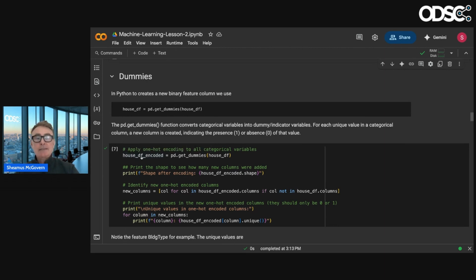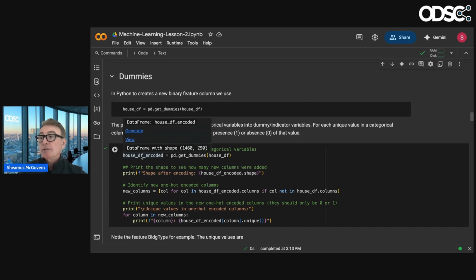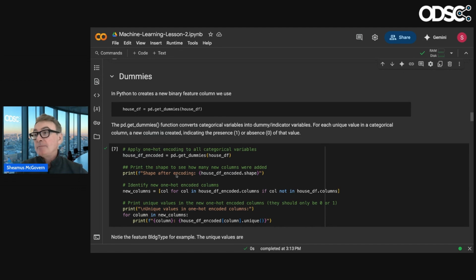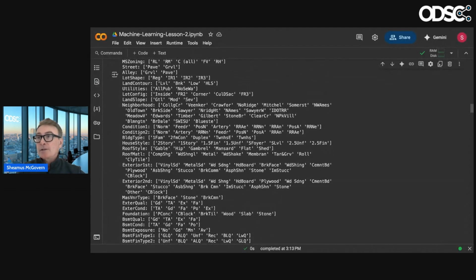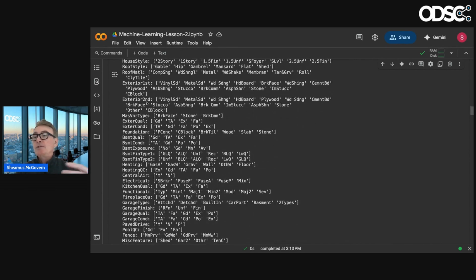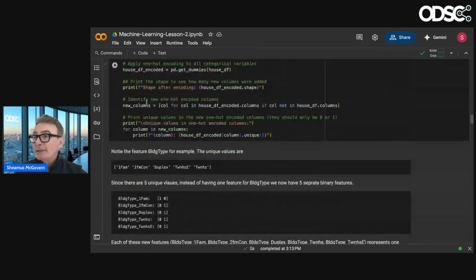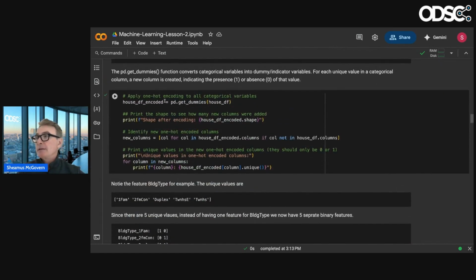I assume all you guys can see my code, right? If you can't, I can zoom in a little more, but let me know. So again, I'll go over that really slowly. Let's say there's 10 neighborhoods. Instead of having one neighborhood feature, now I have 10 neighborhood features. Instead of having one land sloping feature, I have 3. Here we got 2, here we got 5. So that's how I jump from 81 to 290. So pretty big deal, right?